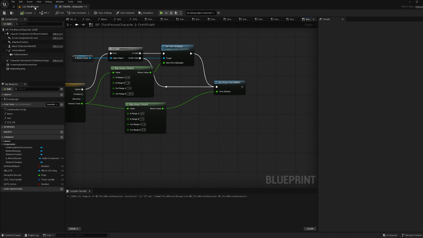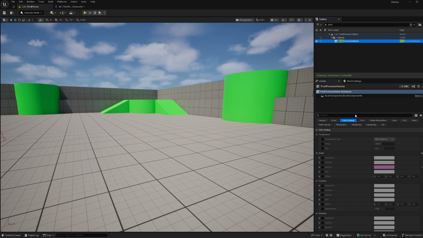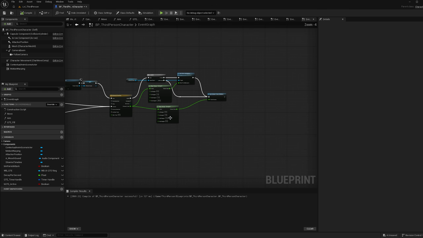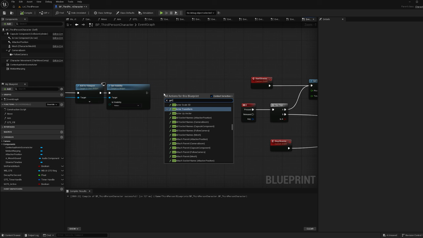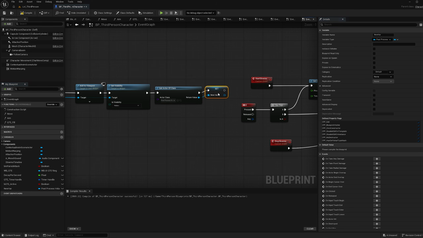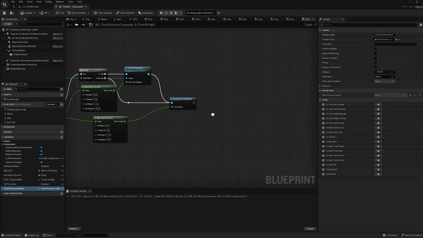So what we can do is use the post-process effect that's already in the default third-person template, in the default level here. So in our third person character, we just need to get a reference to that first. So let's go to begin play, and just a very easy way, we're just going to do get actor of class, and then we're going to find post process volume, just promote this to a variable, and we'll just call it post process volume. And then off of our set global time dilation, let's get our post process volume,